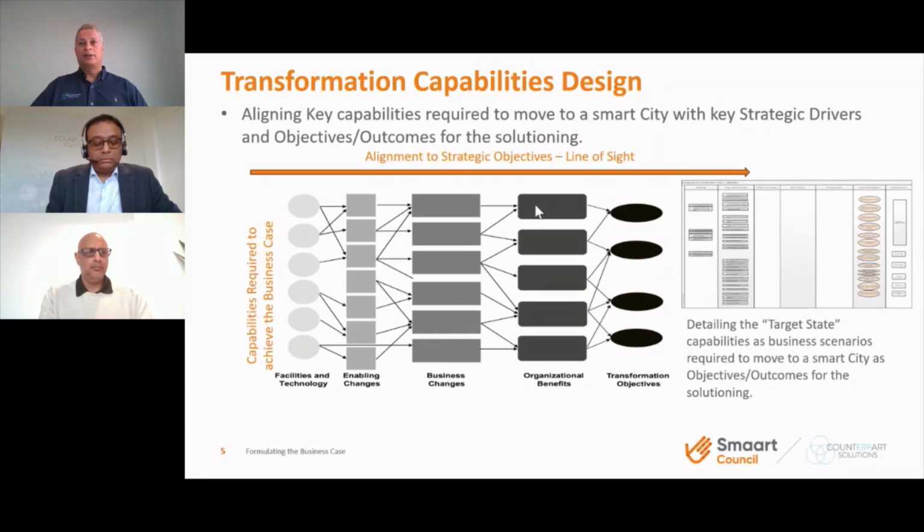So we sort of didn't want to start and go top down. We've sort of come at it from the bottom up. It's easier said than done. You'd look at it a couple of ways. You might start there and look for what facilities and tech you might need. But this actually gives you that flow that will allow you to outline the approach, if you like, of how you join up the key capabilities required to enable those business changes to drive those benefits. So you've got a joined up business case approach, if that makes sense.